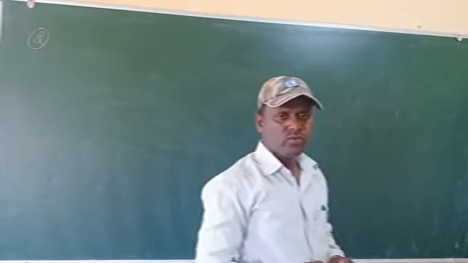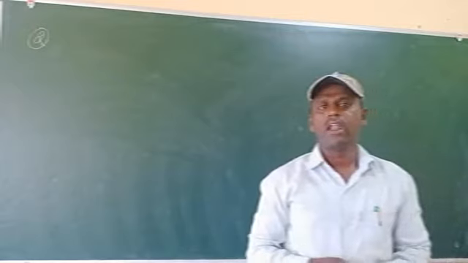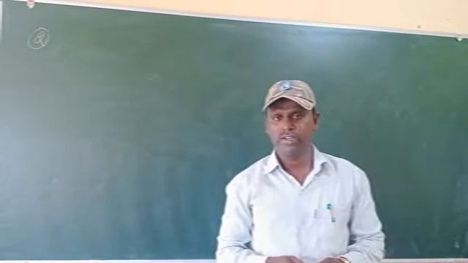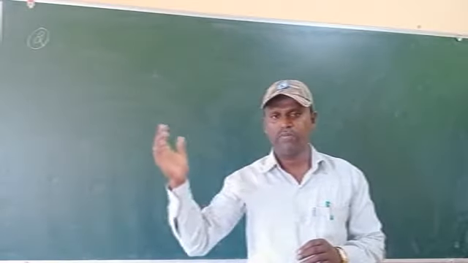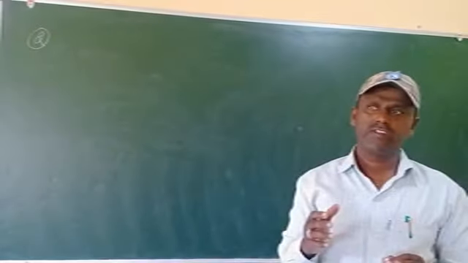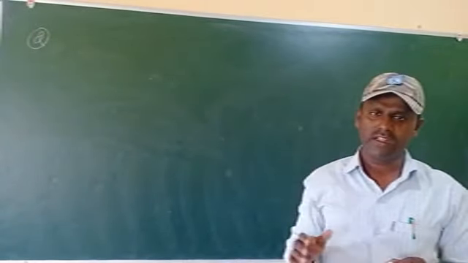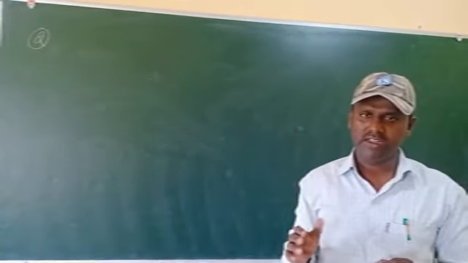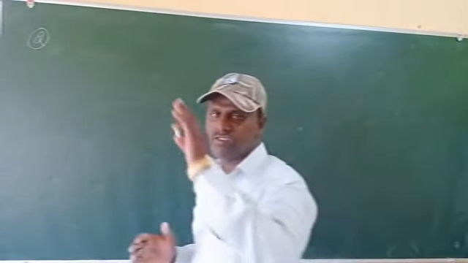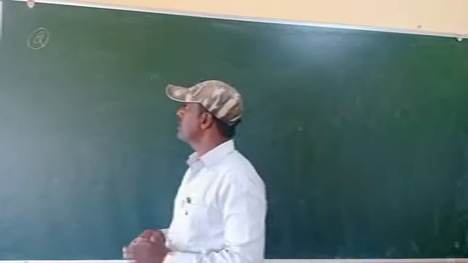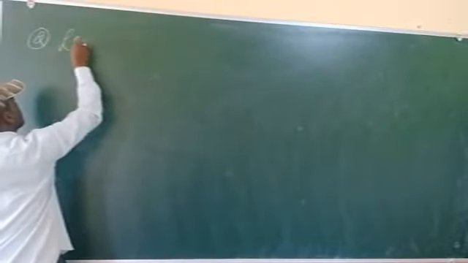It is a method used for measuring large distances between an object and the earth. For example, what is the distance between the sun and earth? What is the distance between a planet and the earth? What is the distance between a star and the earth? That is measured by the parallax method. And today I am going to tell you about light year.